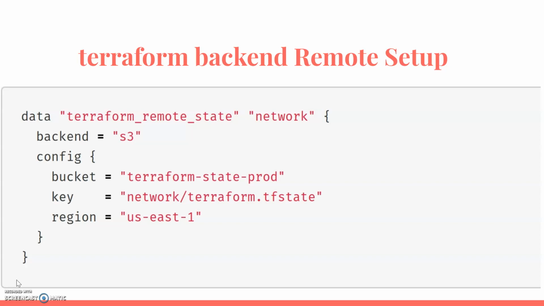The next example is terraform_remote_state from the data source. Basically the data source is used for reading your remote state. It is read only, but sometimes reading the remote state configuration is required. You have to pass it the same way, from where you want to read. So this is backend S3, and in it you pass the bucket, key and region, so from this specific folder I want to read my remote state configuration.